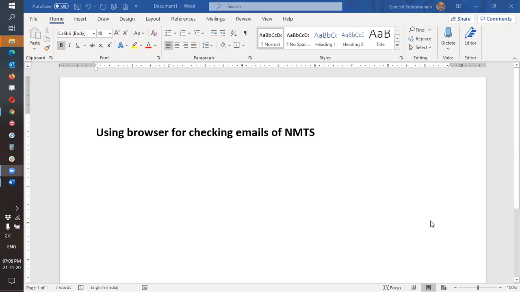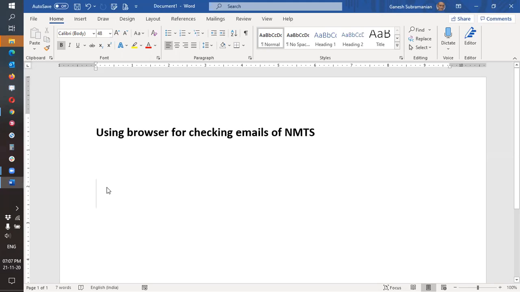However, I understand that the login process is not very user friendly, and there is a reluctance to use the individual email IDs. At the same time, we have also printed the visiting cards with the individual email IDs, and this gives a more professional look and feel to outsiders when they deal with NMTS. So it would be a good exercise if we start using the emails at the earliest.